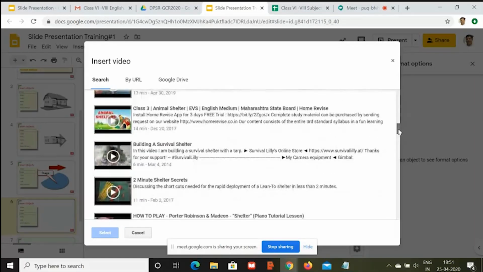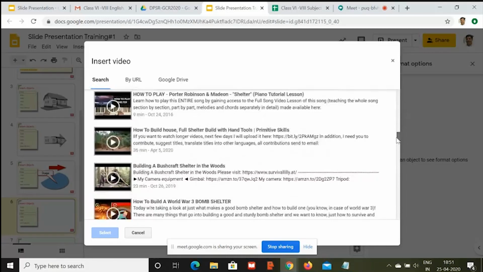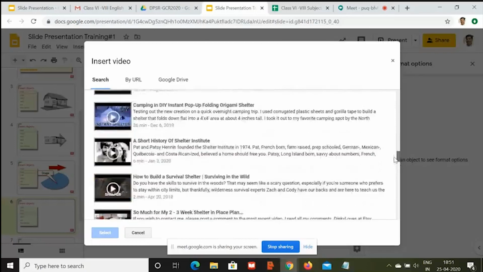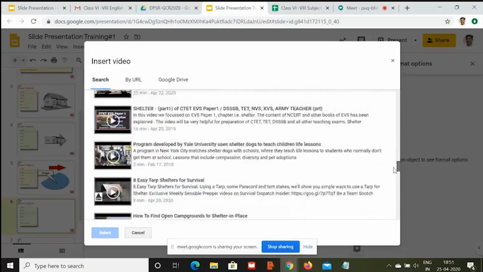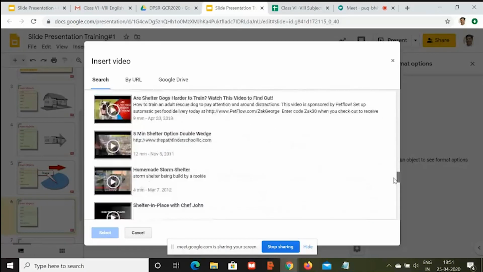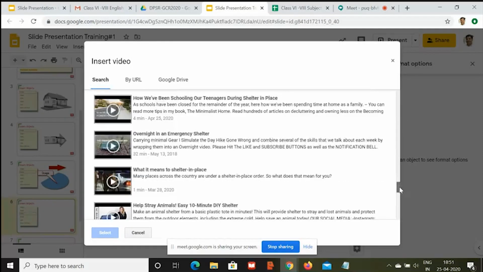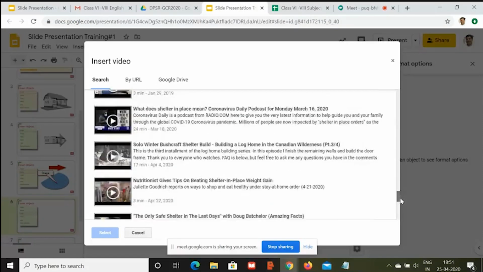It is always advisable whenever you are using any video, you see it yourself first and then you insert. Do not insert any video without seeing it, because sometimes in the beginning the content is different and at the end the content is different. So let's pick up some video which makes sense here.